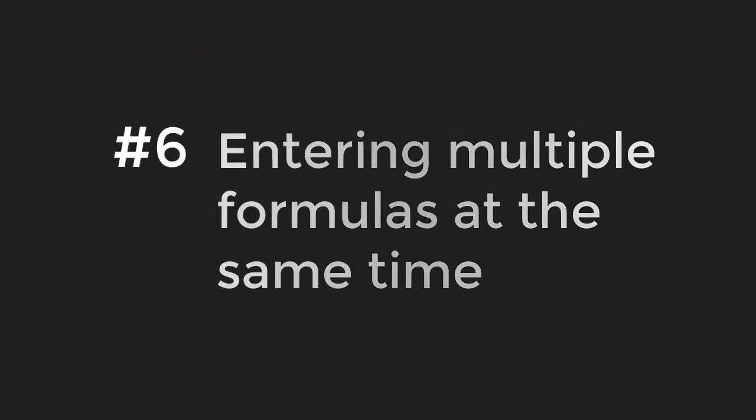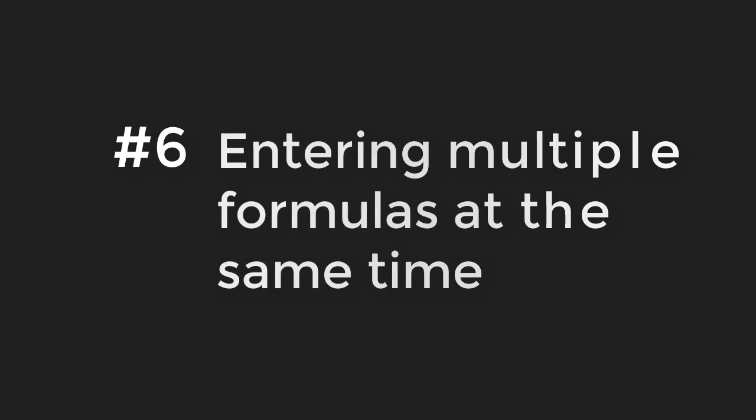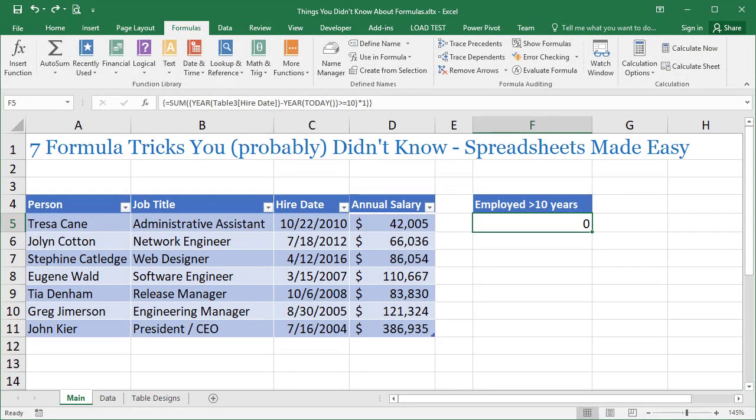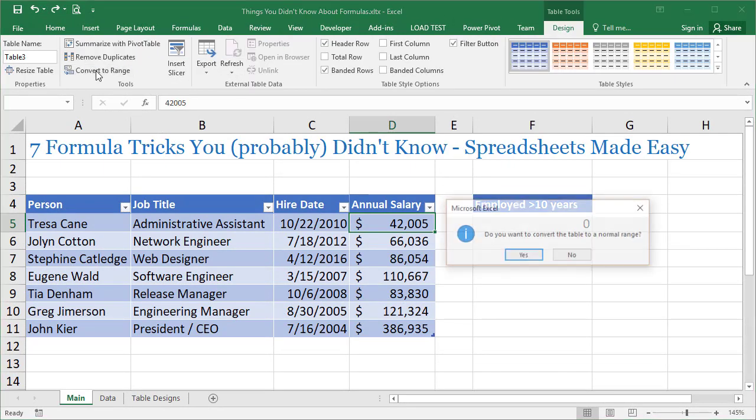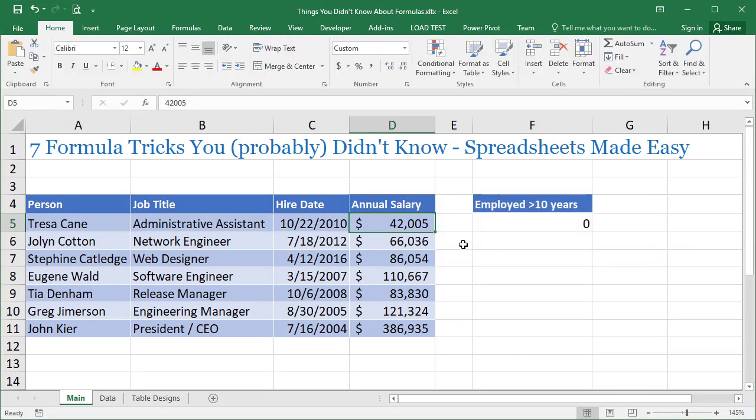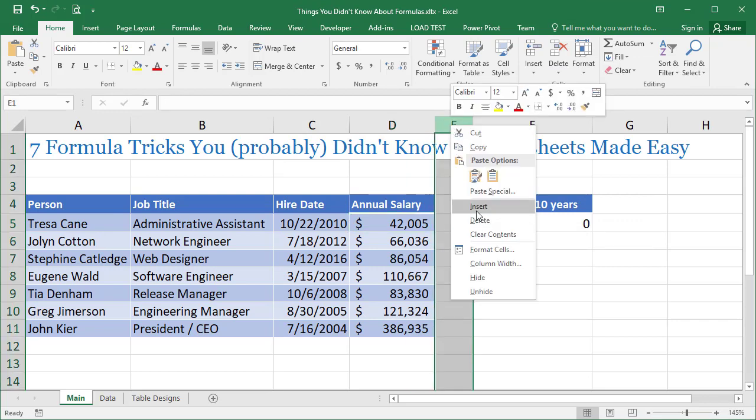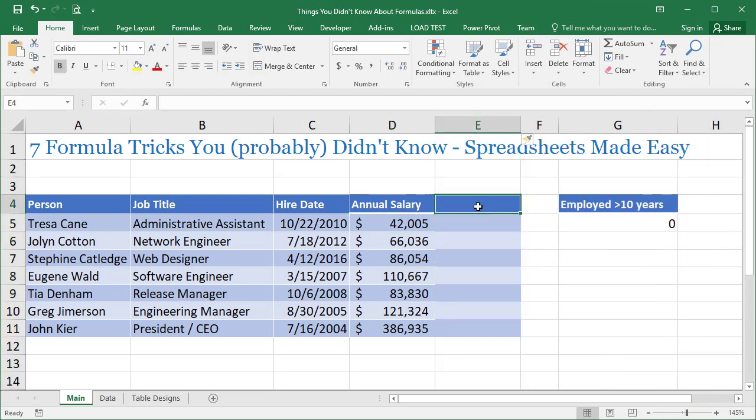Number 6. Entering multiple formulas at the same time. In this trick, I want to take this table here, convert it back to a regular range. So I'm going to click on the design and convert it to a regular range. I'm going to say yes. I'm going to add a column because I'm going to add a formula here. The formula I'm going to add is a 10% potential